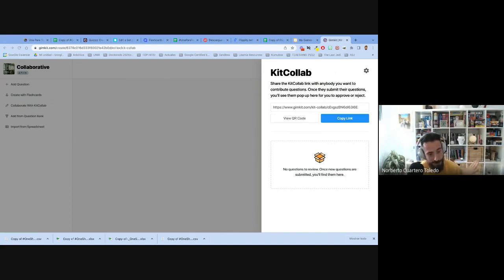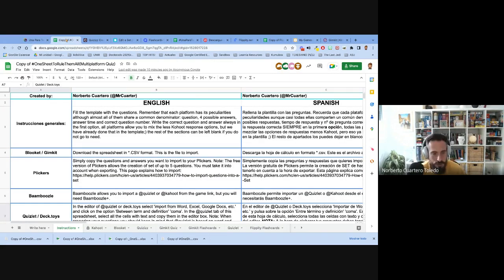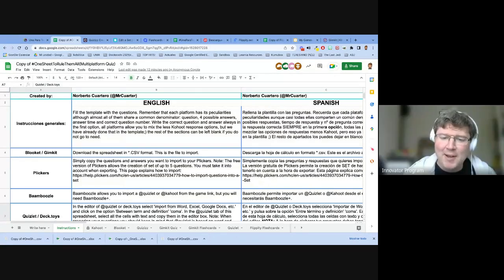So that's all. That's all I can show you in 20 minutes. I hope you find this powerful tool very useful. And let me know if you find any app, any tool that I can include in this one. Okay, for example, let me take a look at PanQuiz. And if it's possible, I'm gonna add it to this template. Okay, thank you very much. Thank you. That's a really, really interesting use of Google Sheets, and also